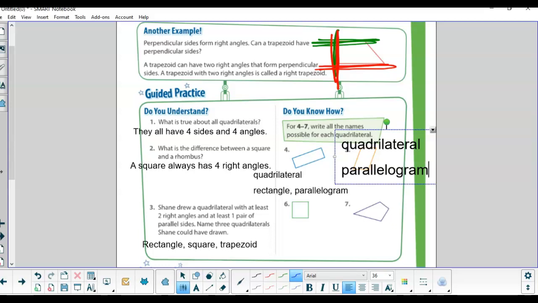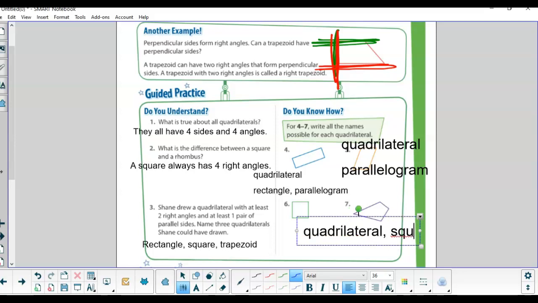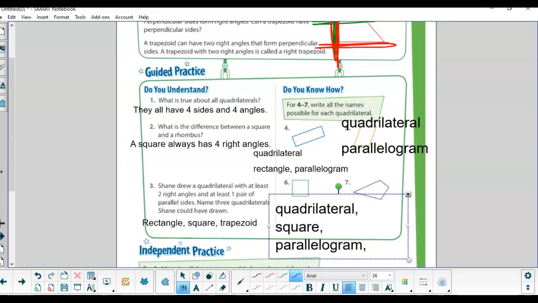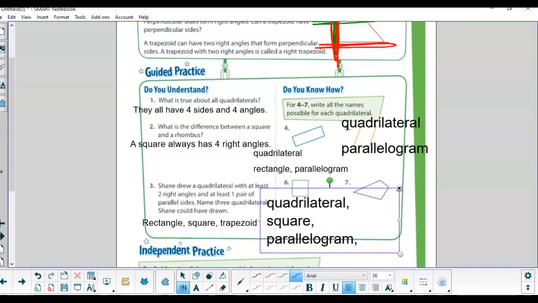Number 6. What could we call number 6? This is going to be a big one. All right. Yeah, we can refer to number 6 as a quadrilateral. We can call it a square. We can also refer to it as a parallelogram. Because remember, a parallelogram is something that has two pairs of parallel sides, and a square definitely has two pairs